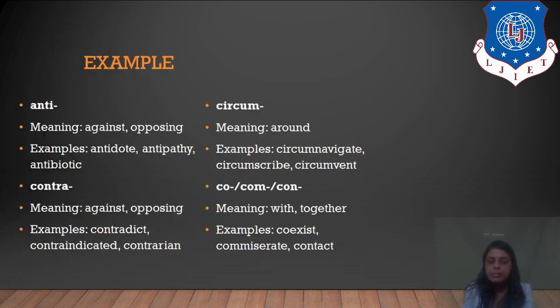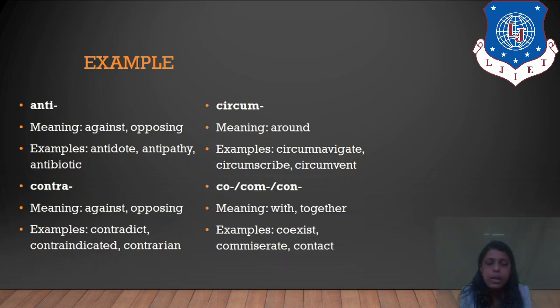Now anti. So what is the meaning of anti? Anti means against, opposite, right? Example, antidote, antipathy, antibody, antibiotic. So for the opposite of anything, you add anti to it. Antivirus, something which is opposite to the virus, fighting against the virus, is known as antivirus. Anti-corruption bureau, opposite to the corruption. So first you know that anti means something which is against and opposite.